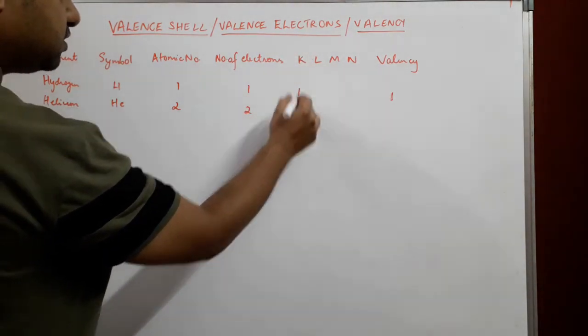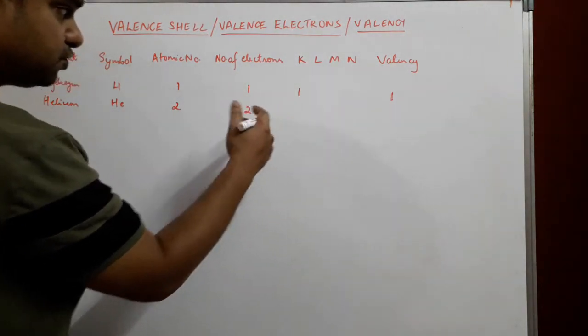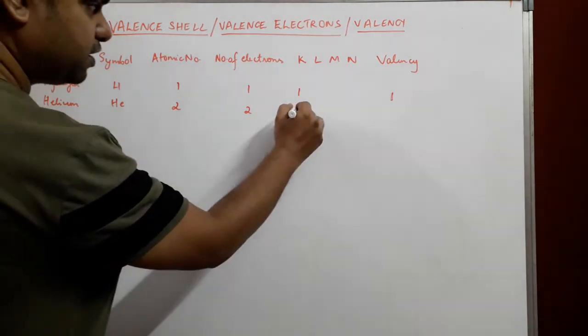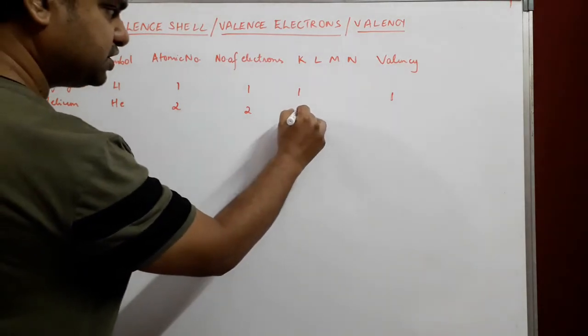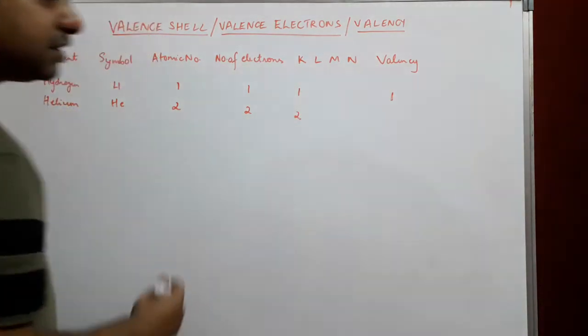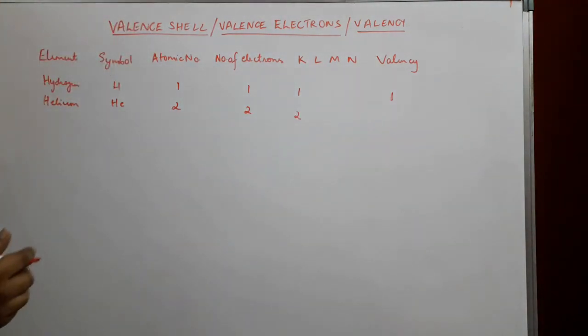The first shell has 2 spaces available to allow 2 electrons to fill up. So both these electrons which are present with helium go in the first shell, as a result of which you may think the valency of helium would become 2. No, actually it is not 2, it is